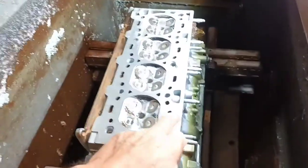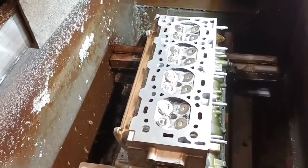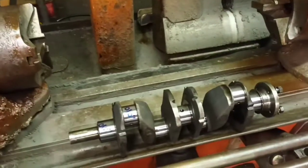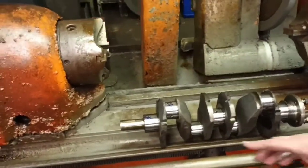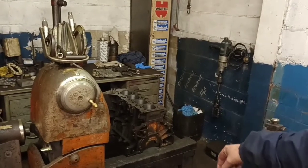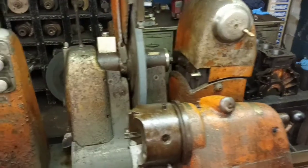There you go, unfinished product. Oh, that's nice, isn't it? Okay, on to yours now. So this is one you did yesterday. That's a 1098 Moggy Minor. Oh right, okay. So this has been machined? It came with a standard crank and we ground it to 10 thou undersize. Right. That's a totally different engine altogether. That's a 2.2 TDCi Ranger. And we've rebored the block and honed it to 0.5 mil oversize, and obviously we'll order pistons 0.5 mil oversize to suit the block. Okay. Well, it looks a mess and disorganised, but...